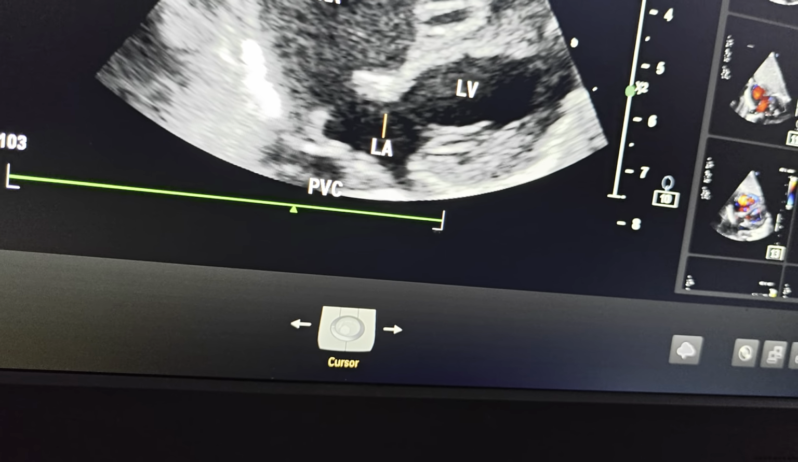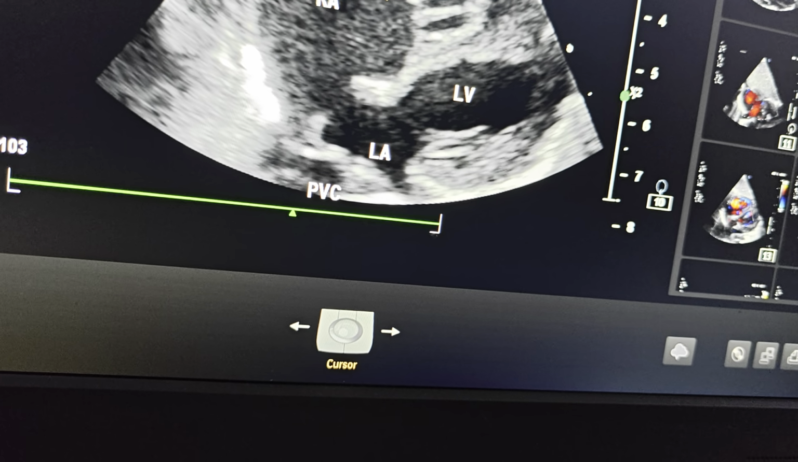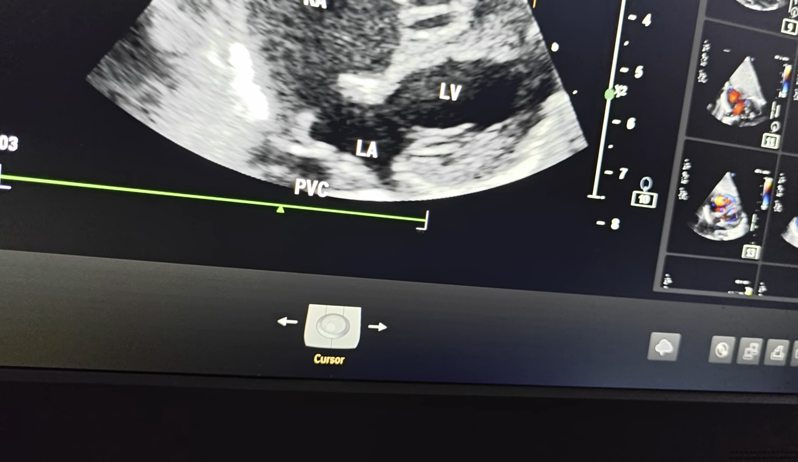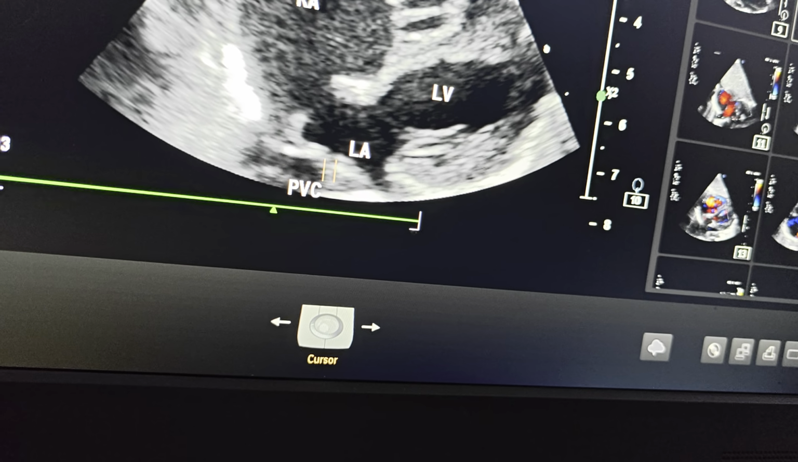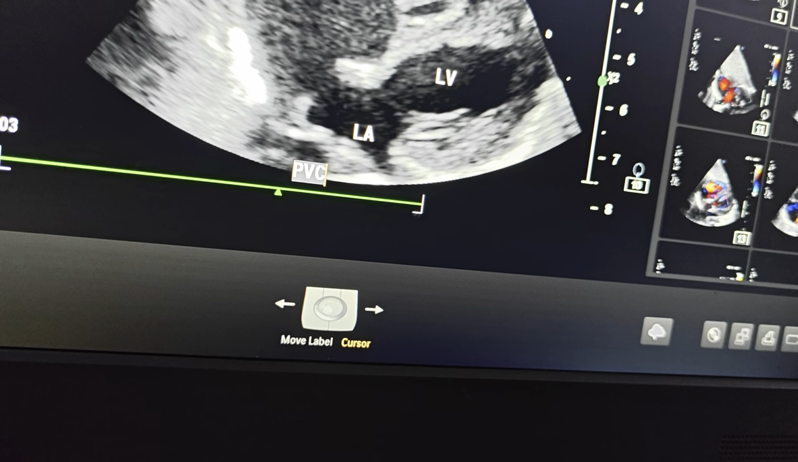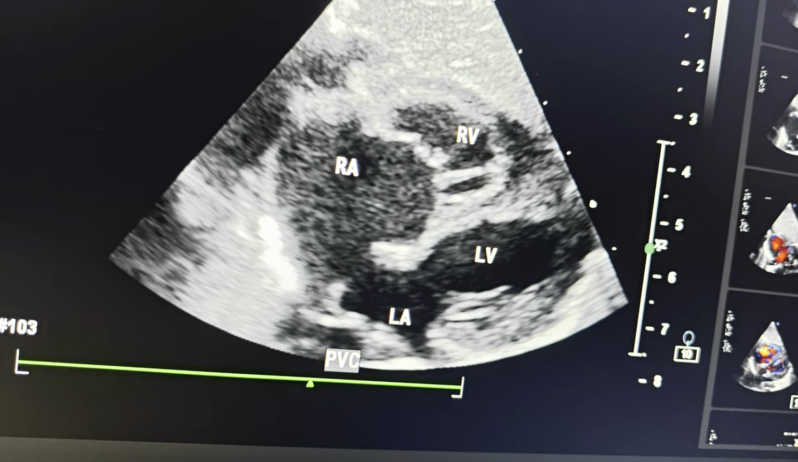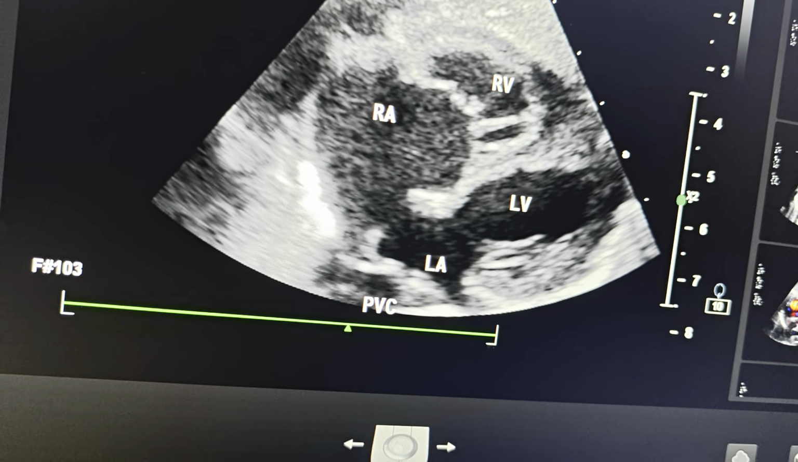This is subcostal view, so right ventricle, right atrium, left ventricle, left atrium. This is inferior part, this is superior part. So superior to left atrium, you find pulmonary venous confluence. Now the next image,